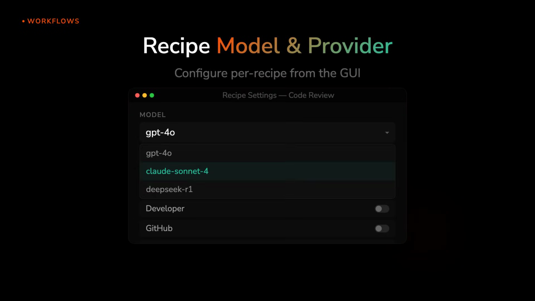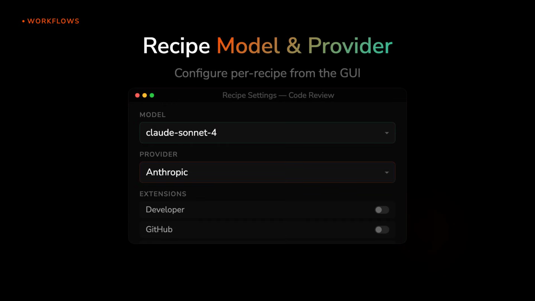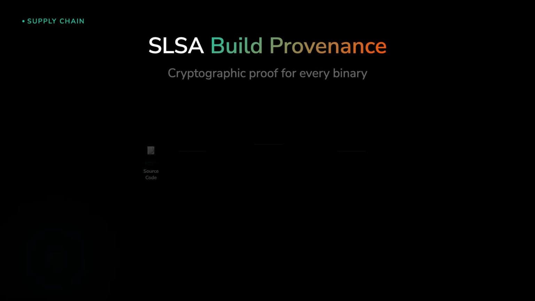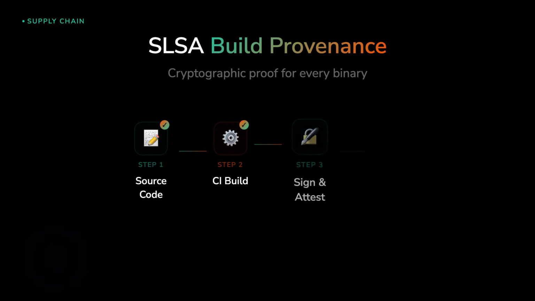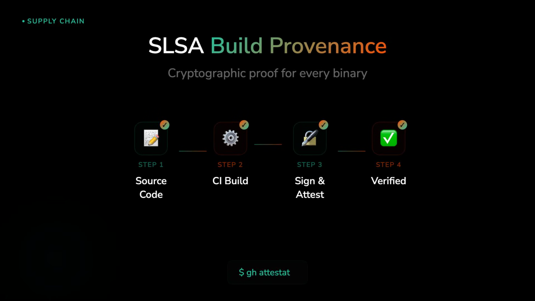You could already edit recipes, but now you can change the model, provider, and extensions right from the GUI. No more digging through YAML. Point, click, done. And for supply chain security, every release artifact now ships with signed SLSA Provenance, so you can